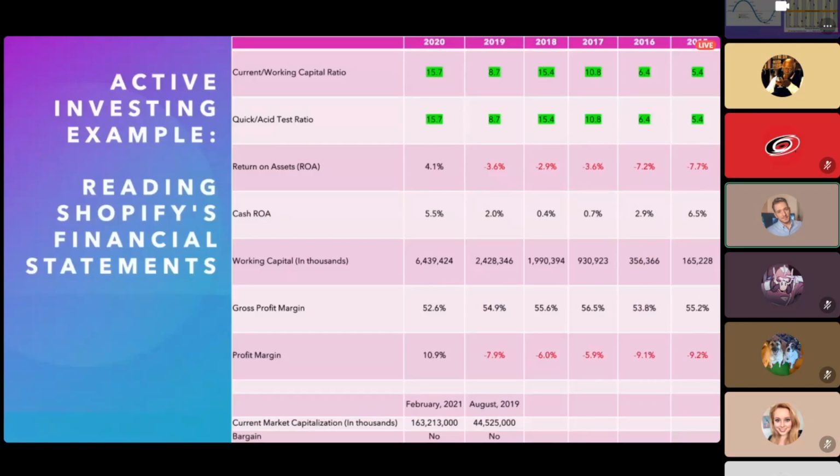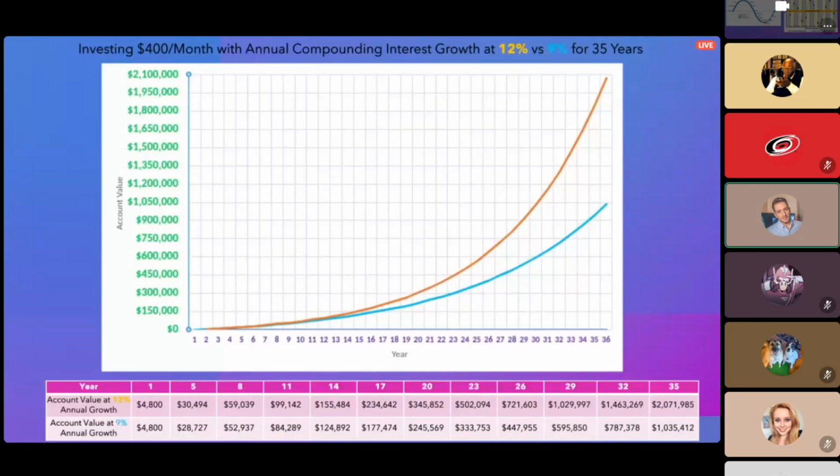And Michael, that's $4,800 initial investment. Is that while you're putting more money in every month, or is that just the initial and that's